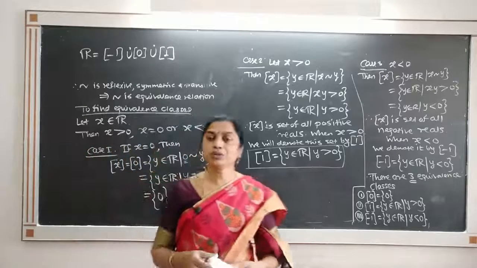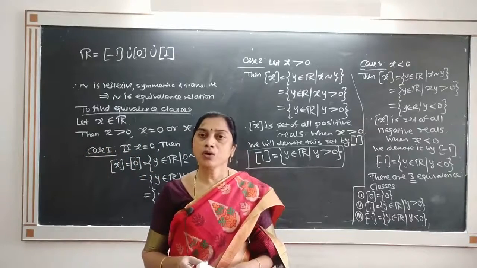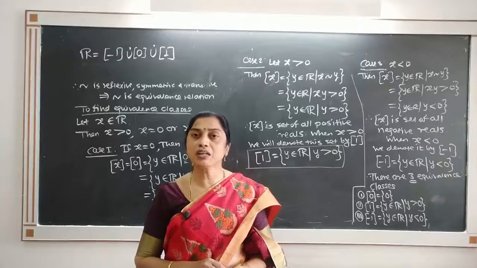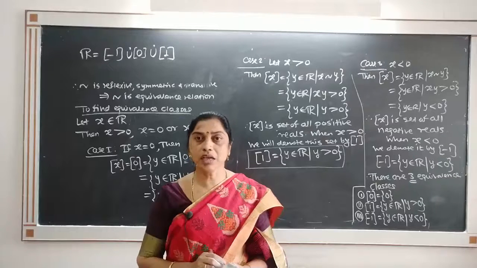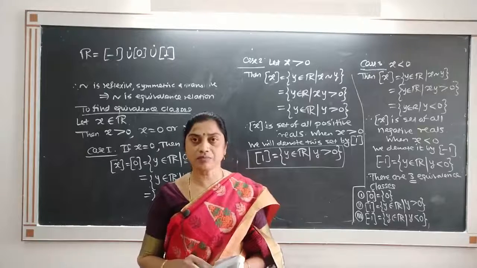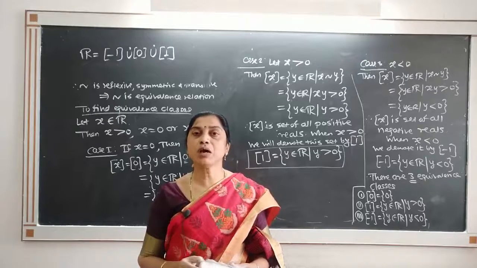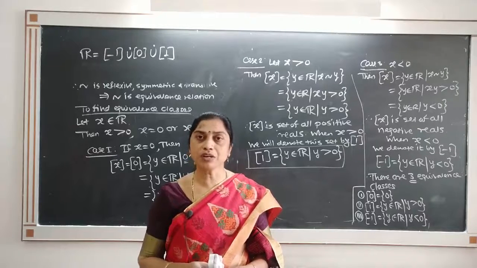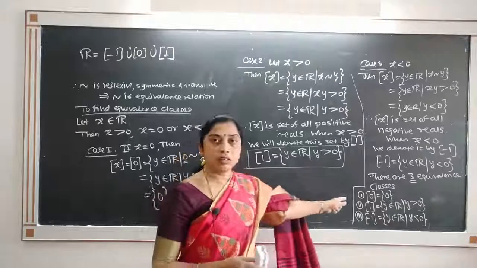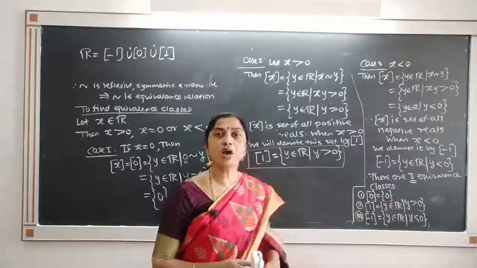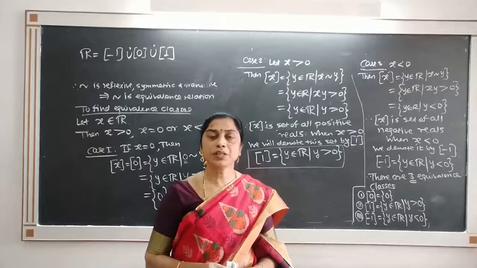Hope you understood these equivalence classes. Equivalence classes are nothing but set of all those elements which are related to the element x. Equivalence class of x means all those elements which are related with x. So equivalence relation is nothing but reflexive, symmetric and transitive relation, and every equivalence relation gives us equivalence classes which are disjoint or identical. Now observe that all these classes are disjoint classes. Enough for the day.